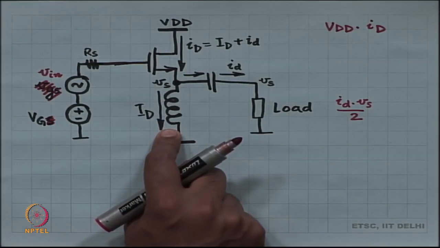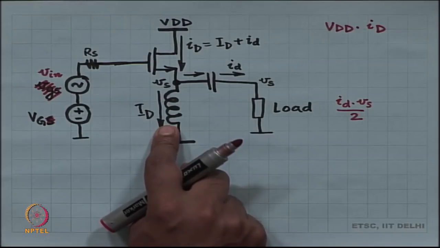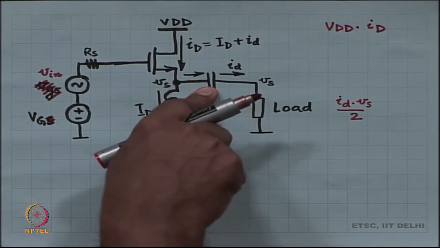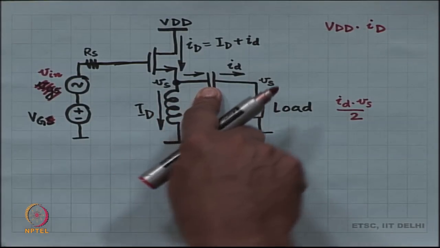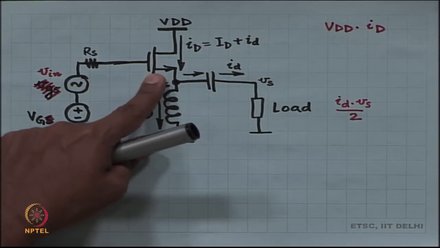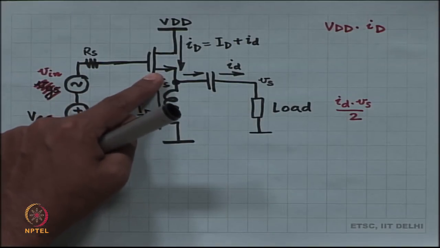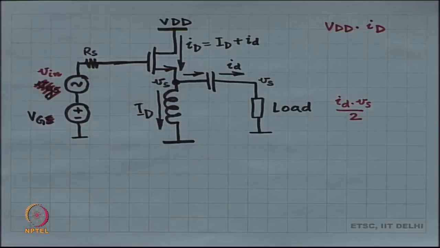Is power consumed by the inductor? Never. Okay, inductor is not going to consume any power. Is power consumed by the capacitor? No. So, these two are zeros. Okay. The other one that is going to consume power is the MOSFET,